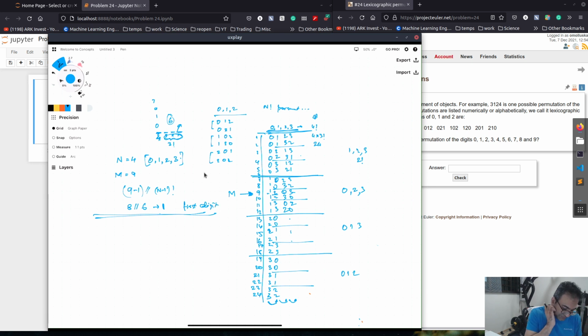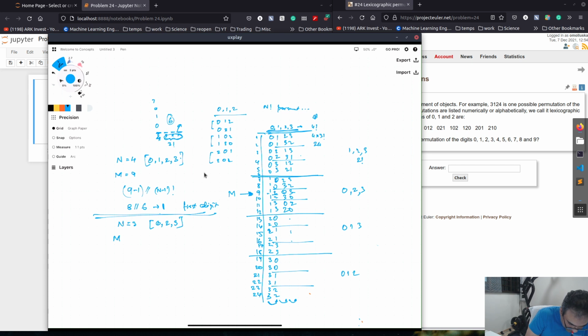Okay. Now we have a new problem. N is 3, right? The list of things that we have is, we've taken the first digit out, so it used to be 0, 1, 2, 3. Now it's 0, 2, 3, and we have m should now be